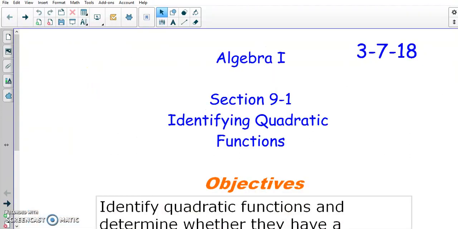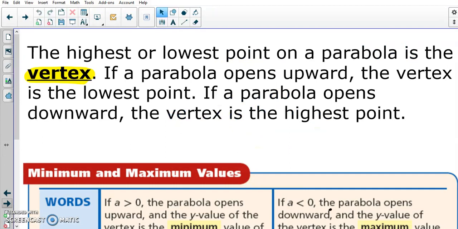All right, this is for second period. We want to finish up those guided notes from yesterday on section 9.1, so if you would get those out and pause this if you need to. And we are going to go through the next part for section 9.1, which we're going to talk about as